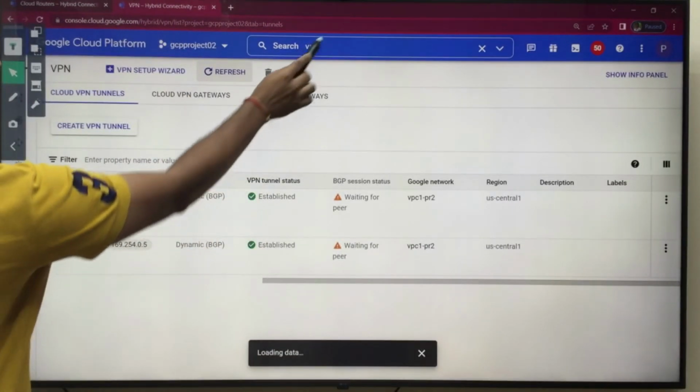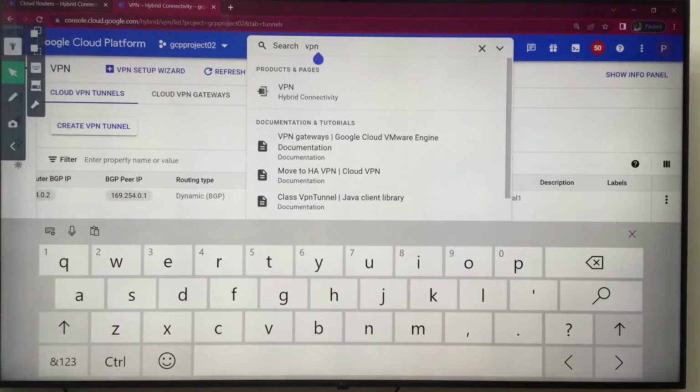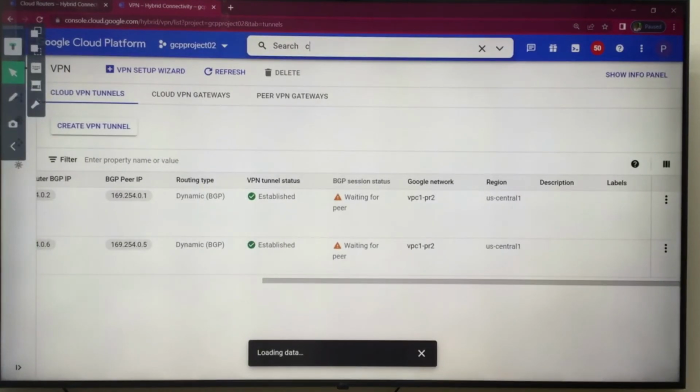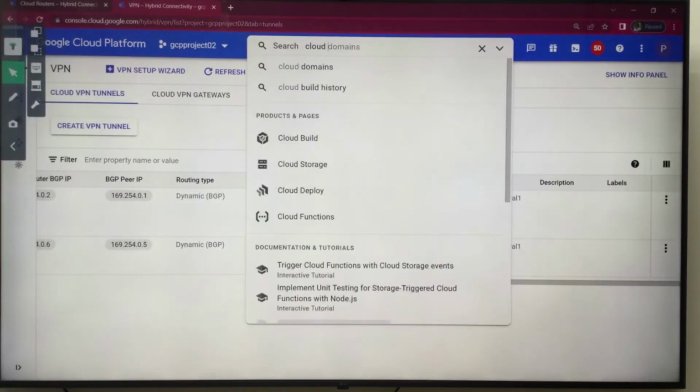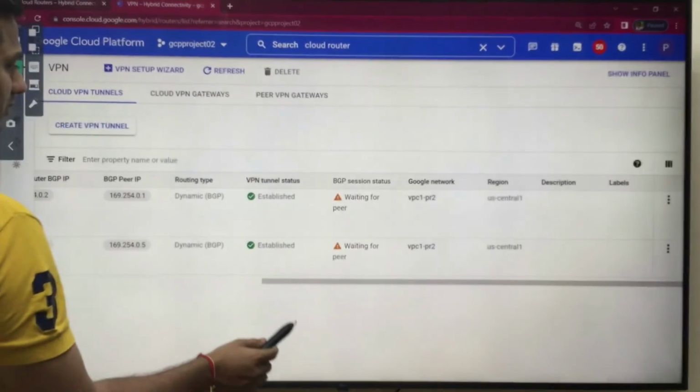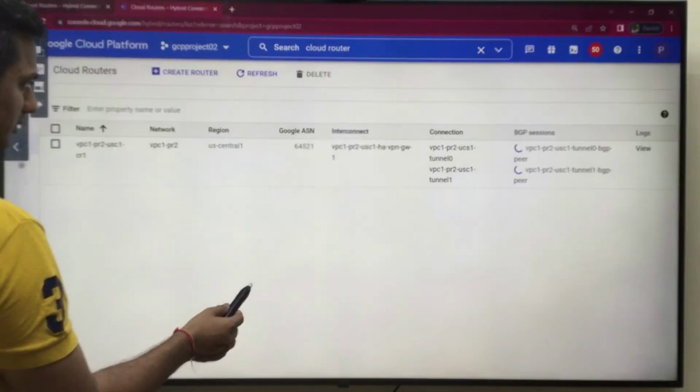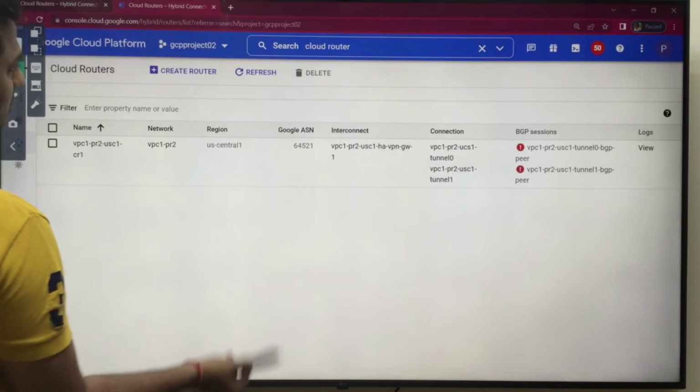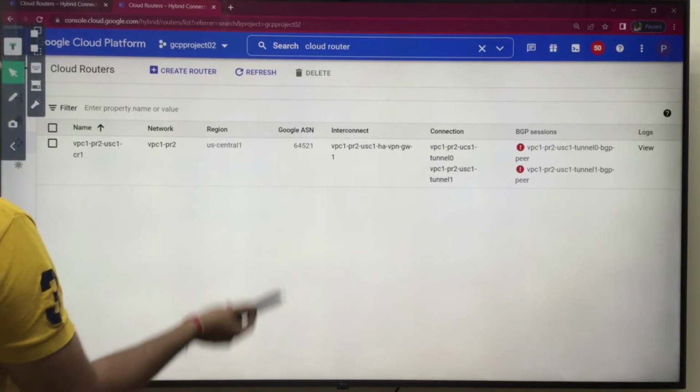And what we have configured over here in the cloud router is 64512. Of course, that's wrong.